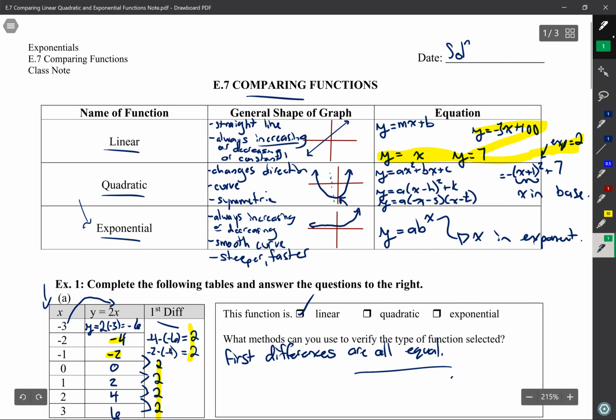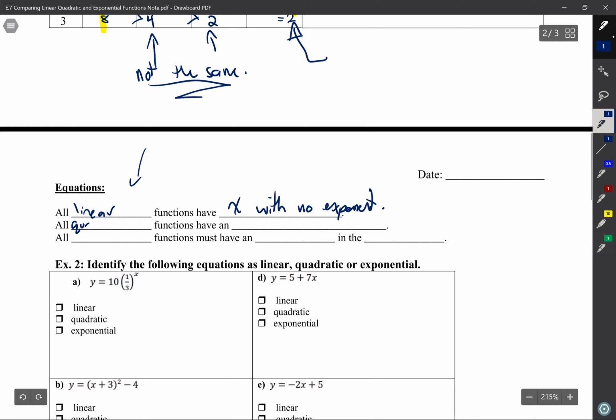If there is no x whatsoever, then it's also linear. All quadratic equations will have an x in the base of an exponent